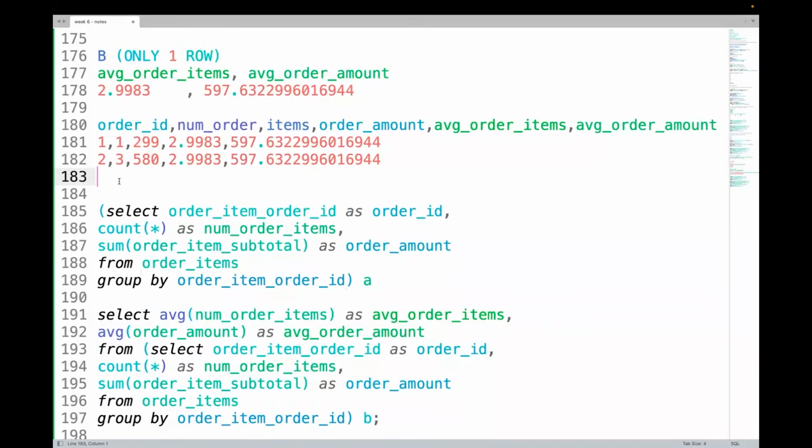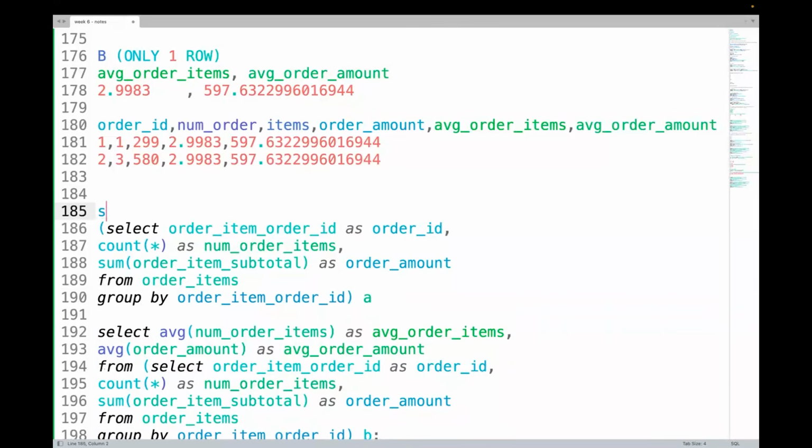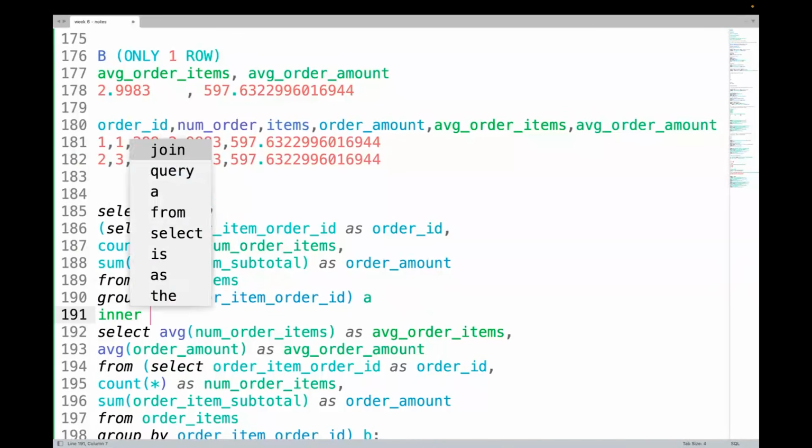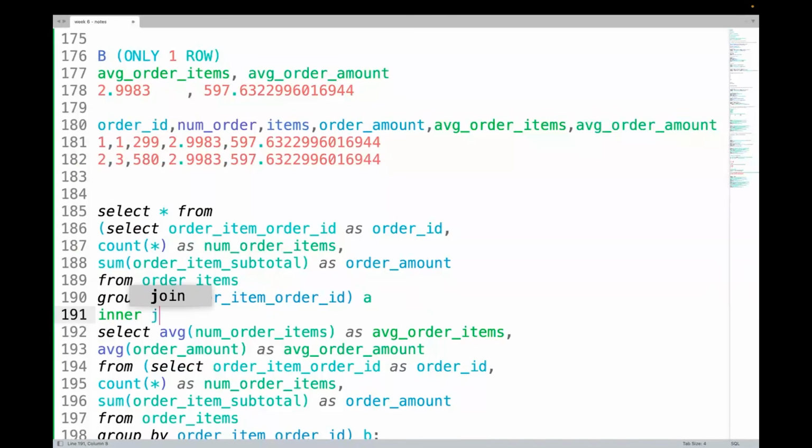Now the outer query will be select star from, let's say as if this is table A, and then I say inner join, or I can just say join,